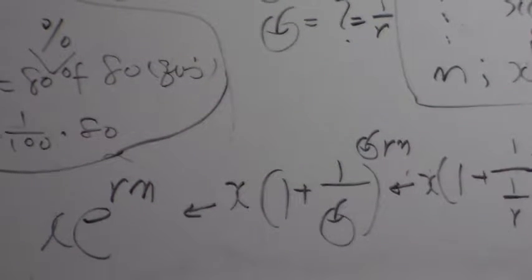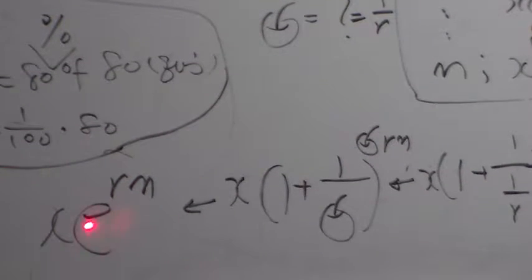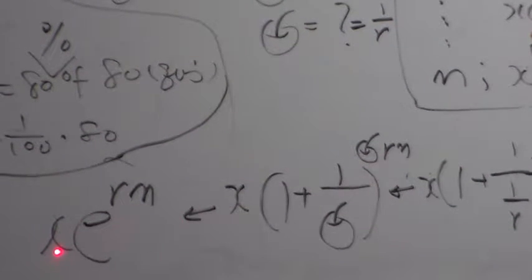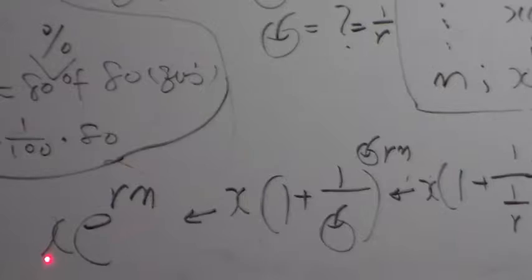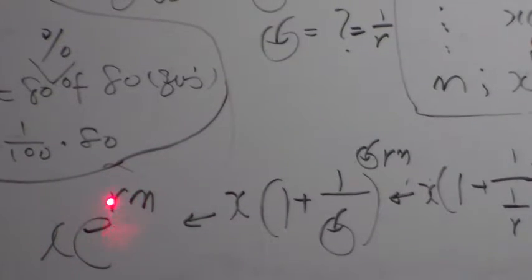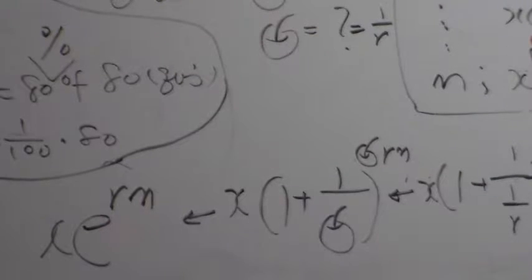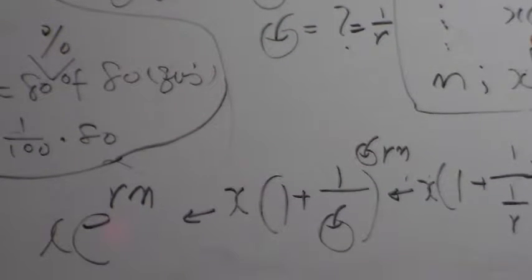So compound interest is expressed by this simple form. x is the first-year initial investment, e to the rate times the years. This one we're going to use for double